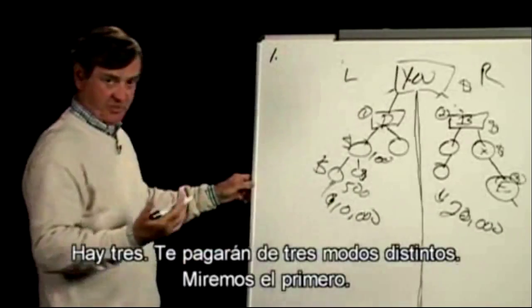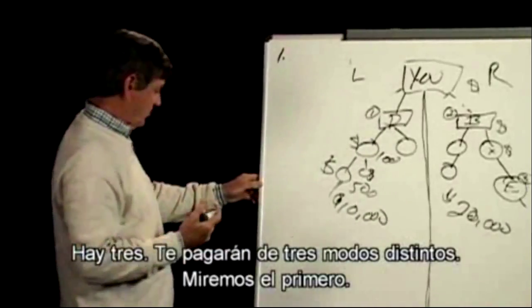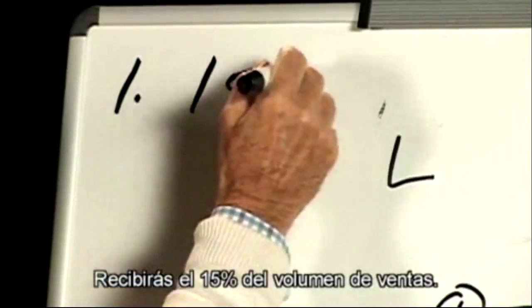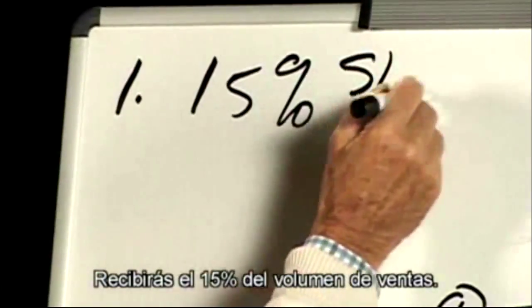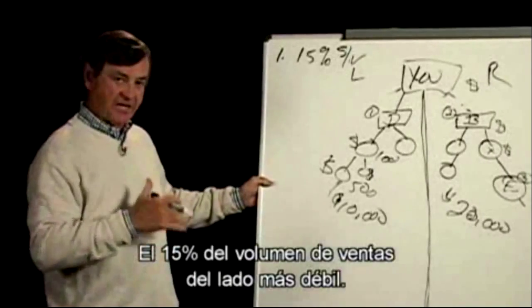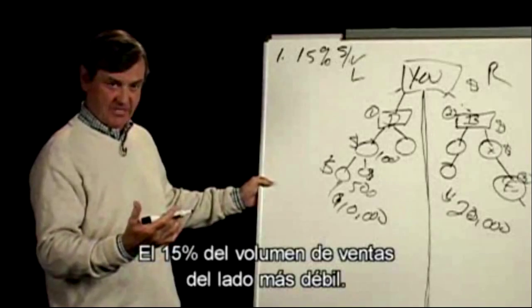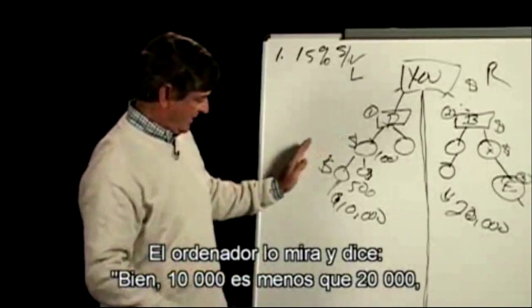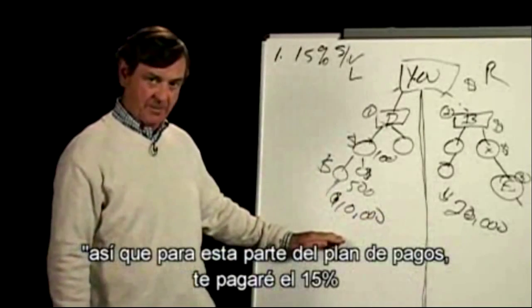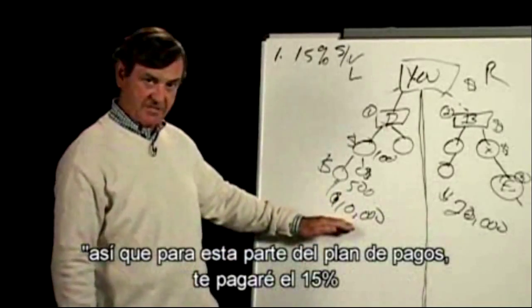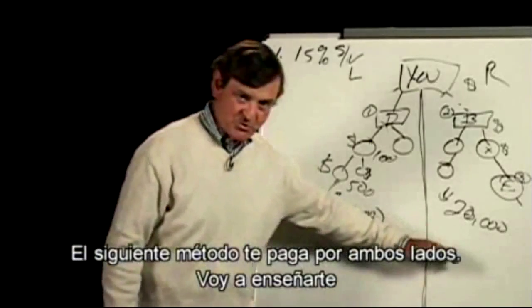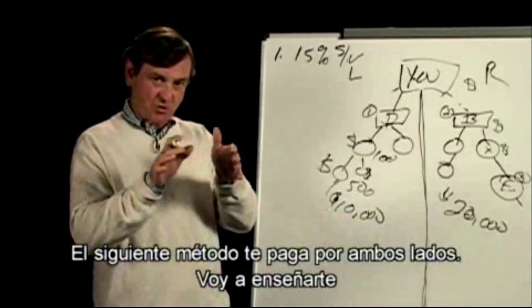Okay, and there's three. You're going to get paid three different ways, but let's take the first one first. And that is you're going to be paid 15% of all of the sales volume on the lesser leg. So the computer takes a look and says, okay, 10,000 is less than 20. So for this part of the pay plan, I'm going to pay you 15% of all of the volume in the lesser leg. Now the next part pays you on both sides, but I'm going to show you all three